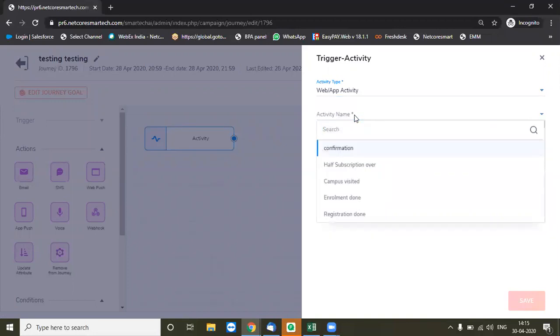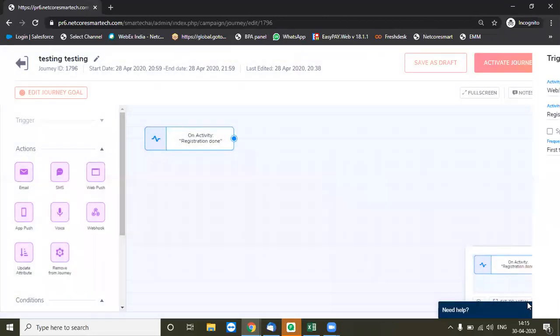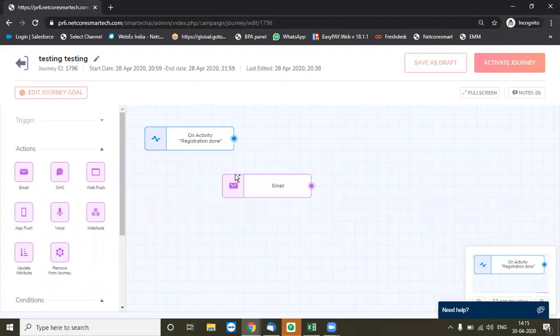All the customers who are doing the registration, maybe every time or maybe the first time of a session. And then I can easily plan out my further communication for those customers.